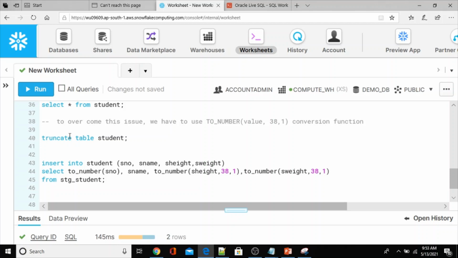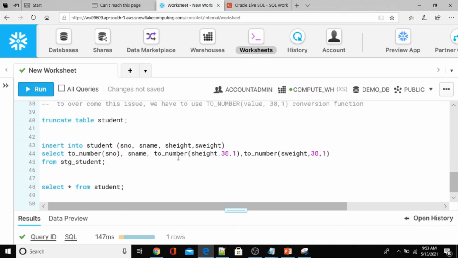So let me truncate the data from the table which was inserted previously, which is not the expected output. Now this is the conversion function to_number. Along with the actual value, I specified the precision and scale for both the weight and height columns.